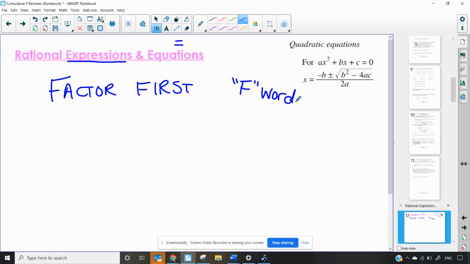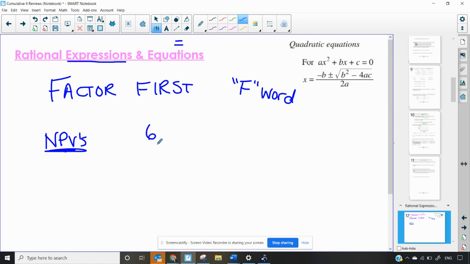All right. Now, with simplifying rational expressions, again, we have to factor first. We also have to remember to check for our NPVs, so non-permissible values. So a rational expression will always have some type of variable in the denominator, and since we can't divide by zero,